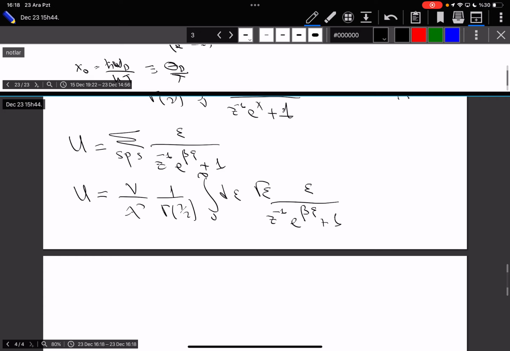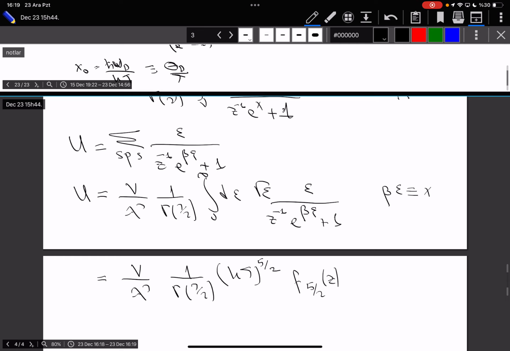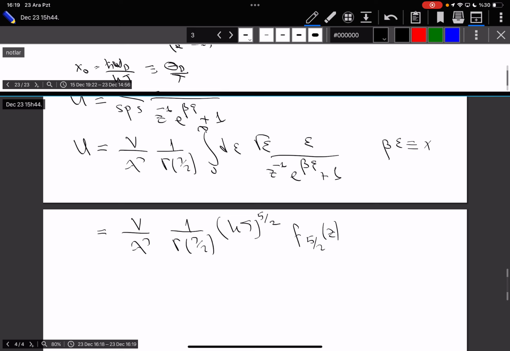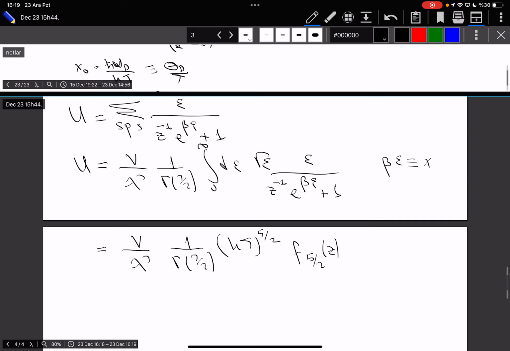And again, if you make a change of variable, beta epsilon equal to x, this will be V over lambda cubed, 1 over gamma 3 over 2, kT to the power 5 over 2, f 5 over 2 of z,